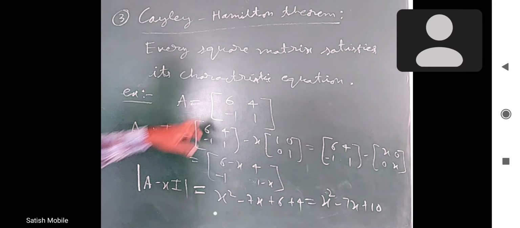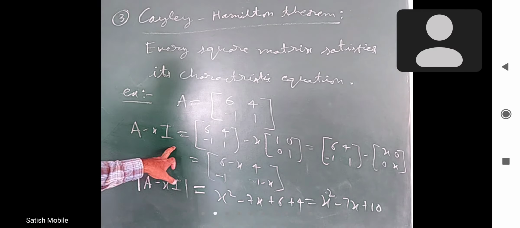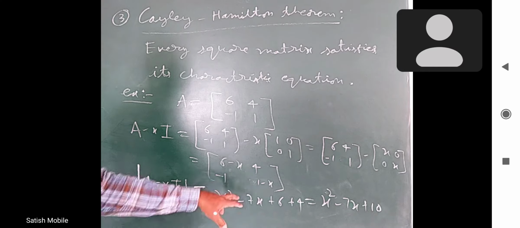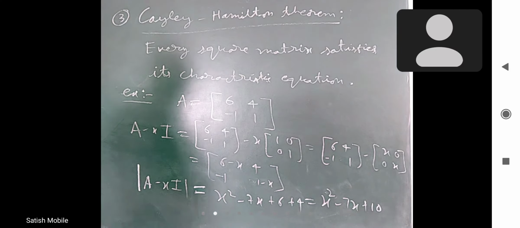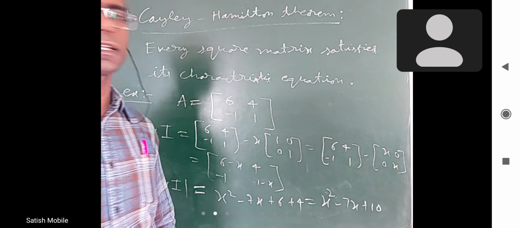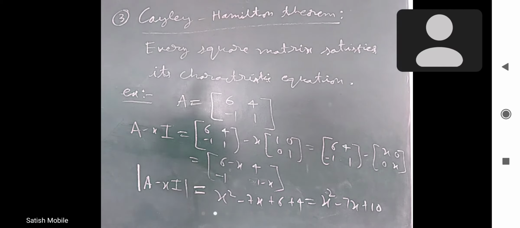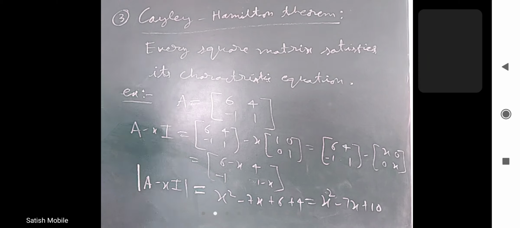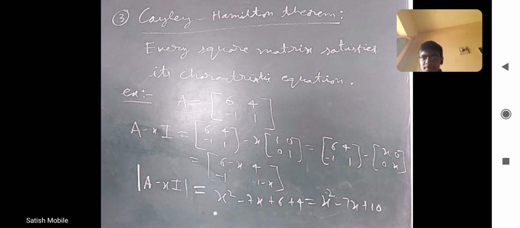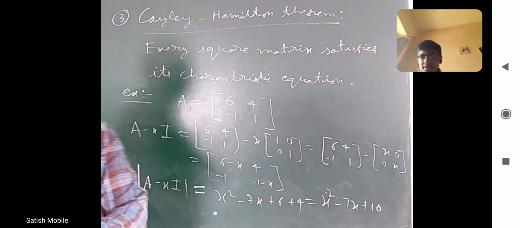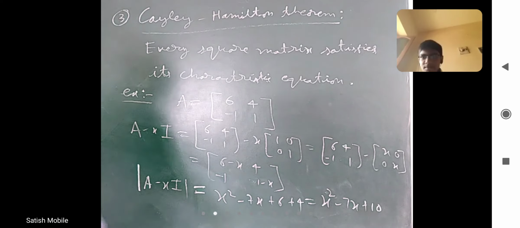Okay, I just took a matrix, x times the identity matrix is subtracted, that is called A minus xI. I found the determinant, expanded, and came to a polynomial expression, that is a quadratic expression. If you put it equal to 0, we are going to write that state.